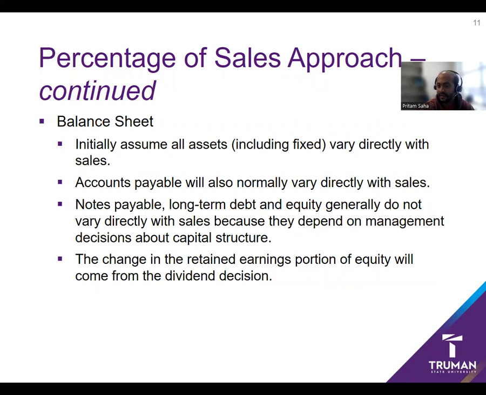Sometimes, in the last example, we are saying that our fixed asset vary with sales, right? Which is also not true. Accounts payable in general vary with sales because if you can generate more sales, you have to have more inventory on an average. If you have more inventory, it is also possible you're buying them on credit, paying them later. So accounts payable is directly tied to your sales.